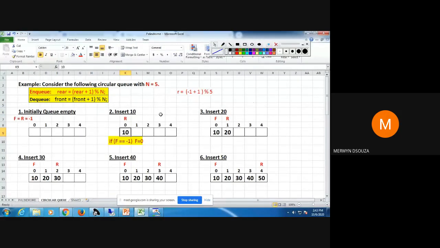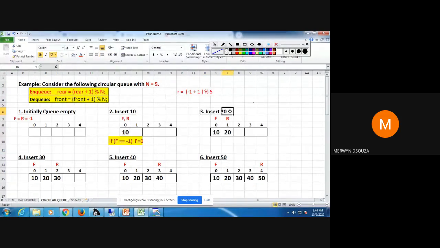Like you have told me previously, whenever you do the first enqueue, you check for this condition: the value of front is equal to -1. Yes. What you will do? You will make front equal to 0 also. So the value of front and rear are both equal to 0. Clear?